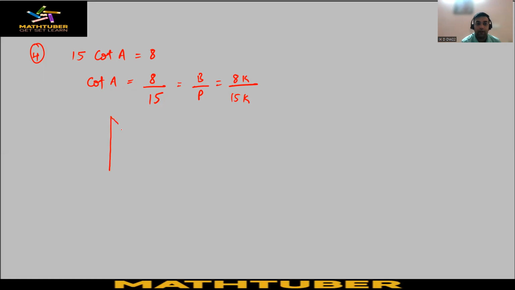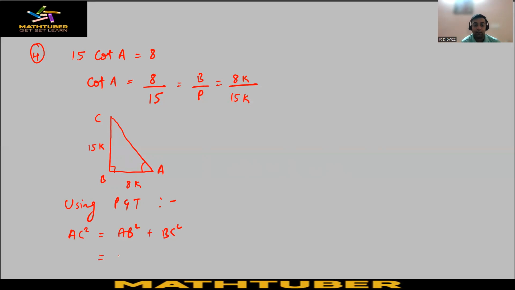So we will form a triangle here and mark this angle as A, B, and this is C. According to angle A, base is AB, so it will be 8k, and perpendicular is BC, so it will be 15k. And now using Pythagoras theorem, we will find out the value of AC from here. So AC square is equal to AB square plus BC square, which is equal to 8k square plus 15k square,